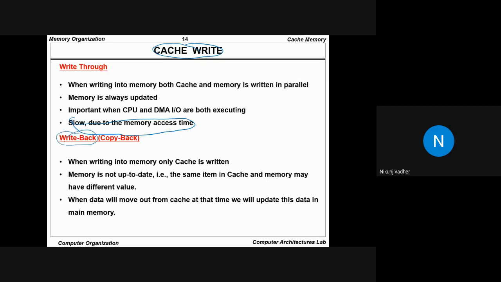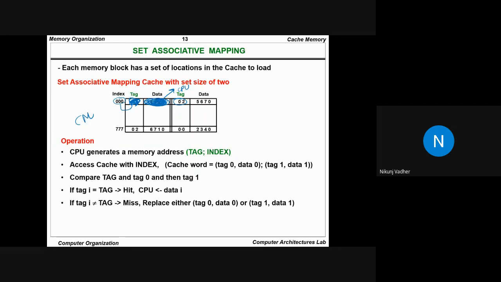What is write back? In write back, the content of main memory won't be updated. Only the content of cache memory will be updated. Now, whenever there is a cache miss and we are updating that particular location, for example, let's say there is a cache miss for index 77700, we are replacing this content with tag 00. At that time only, this content will be updated into the RAM. Otherwise, every time only the local copy will be updated, and the primary memory stays as it is.